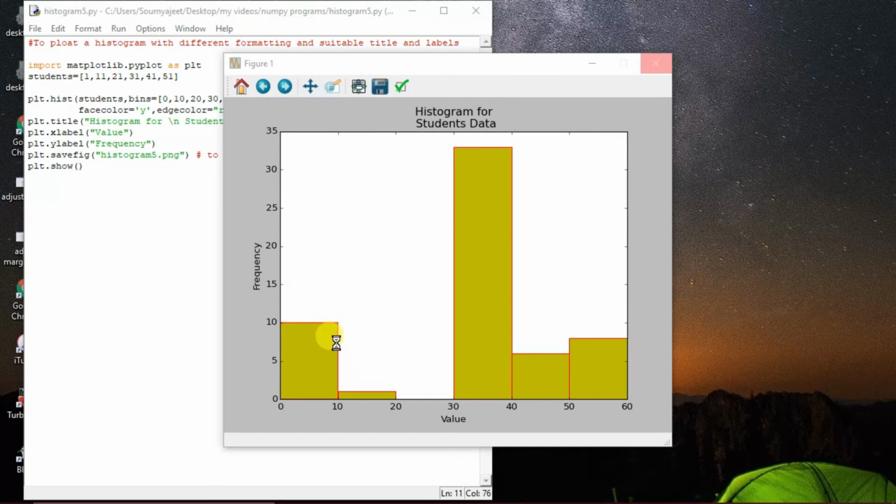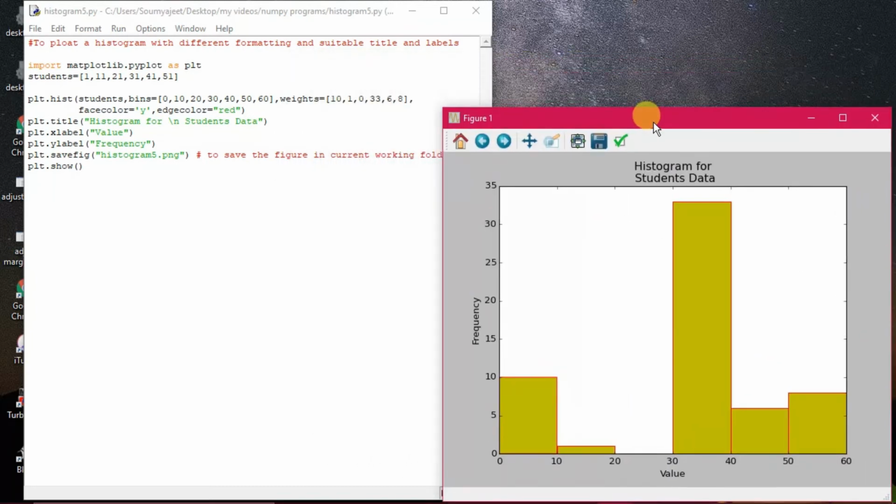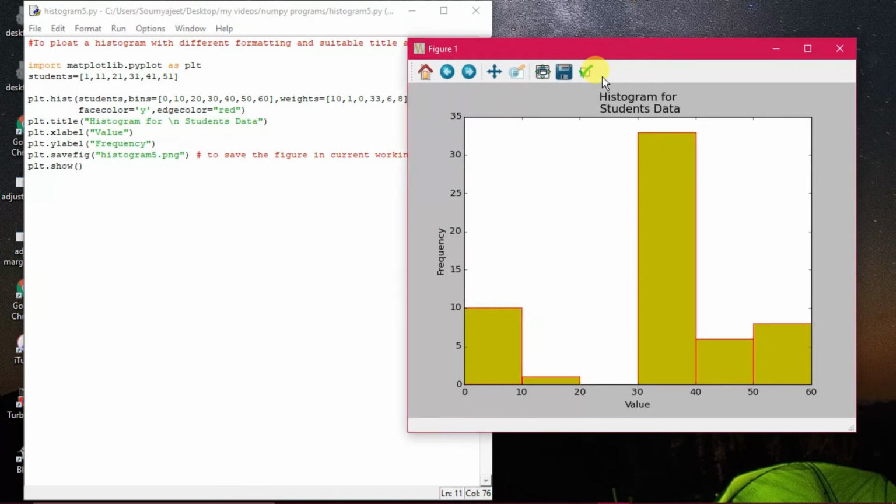Now you see the face color has become yellow, which is understandable. A little bit greenish, that depends upon the color profile of your monitor. You can see 0 to 10 and so on. Exactly 10 is there, then 10 to 20 has 1, then that particular range nothing, 0 has been given, and 33 has been given as well. You can understand the data.